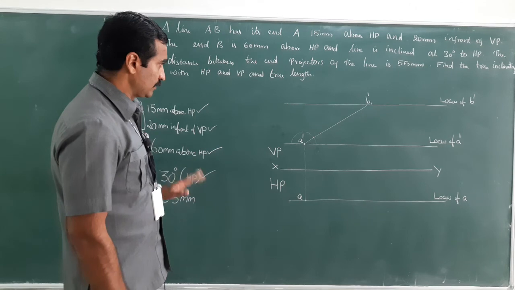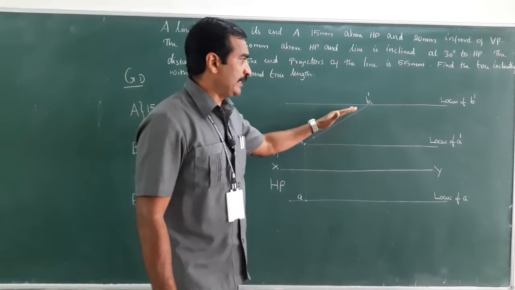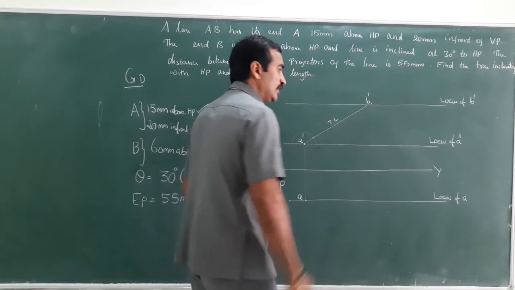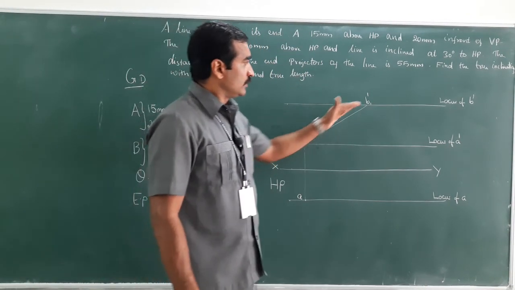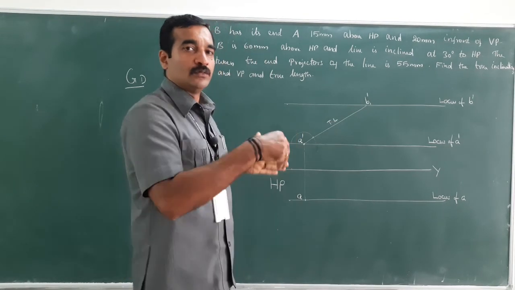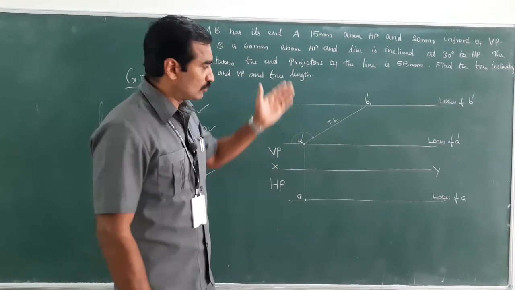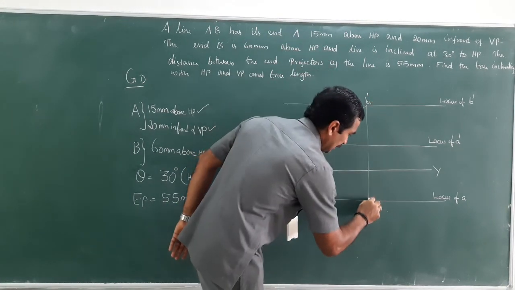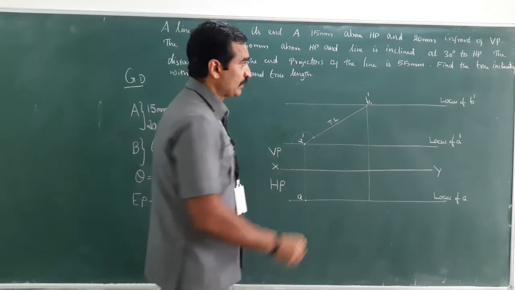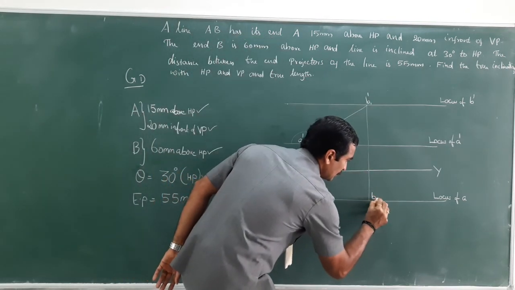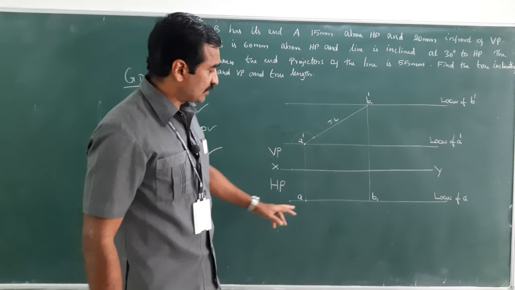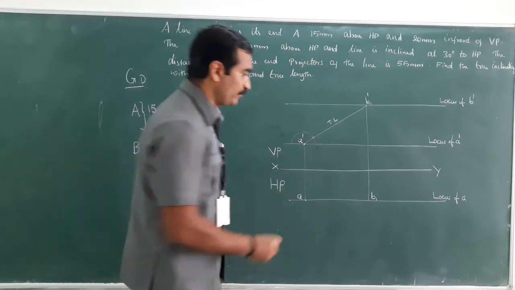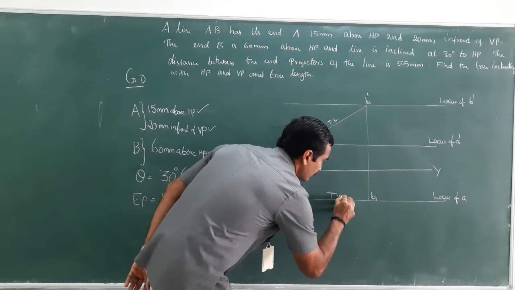Right. So next what? This is the front view, that is the true length of the object. So in order to get its top view, what needs to be done? You will have to draw a projector. Draw a projector line till it intersects the locus of A. B1 dash becomes B1. The distance between A and B1 is what? It is the top view length. This is top view length.